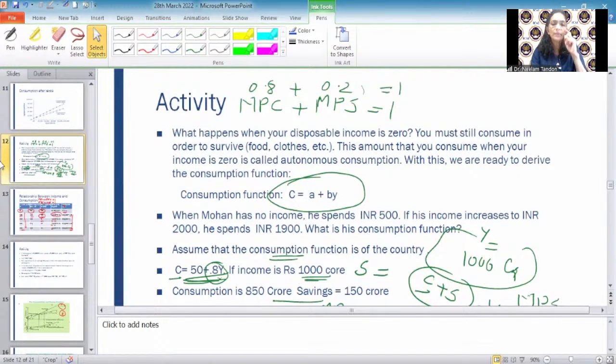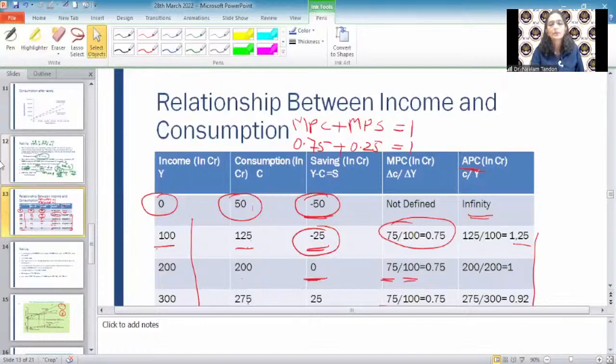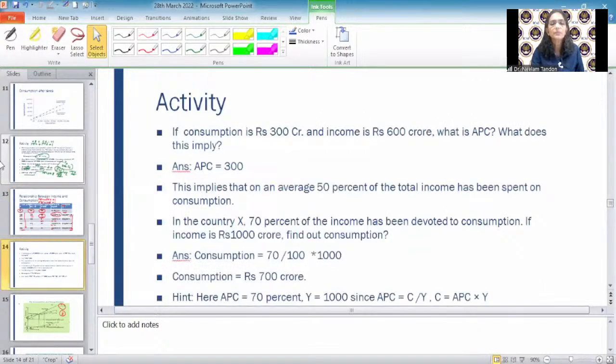ओके, सो दिस इज व्हाट वी हैव शेयर्ड। आप कंजम्पशन से सेविंग भी निकाल सकते हैं, बिकॉज अगर आपकी इनकम 100 रुपीज है, अगर आपने उसमें से 80 रुपीज कंज्यूम किया तो ऑब्वियसली 20 रुपीज आपने सेव किया। सो कंजम्पशन और सेविंग फंक्शन इंटरडिपेंडेंट है। तो यू कैन फाइंड आउट हियर सेविंग्स। इसमें आप देखिए एपीसी कैलकुलेट कर सकते हैं, एवरेज प्रोपेंसिटी टू कंज्यूम और मार्जिनल प्रोपेंसिटी टू कंज्यूम। सो दिस वी हैव ऑलरेडी डन इट।